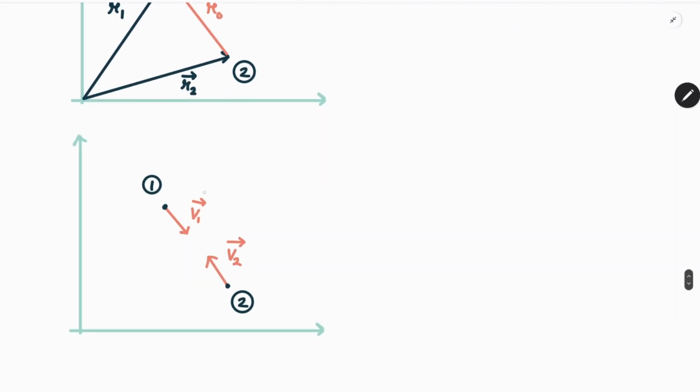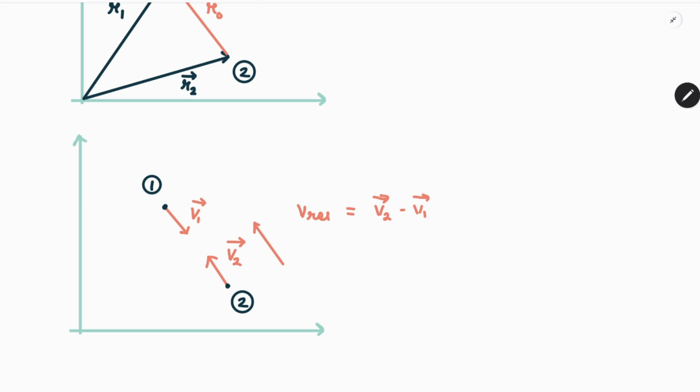Similarly, we can say that the relative velocity of particle 2 with respect to particle 1 will become v2 plus v1 vector. That is, these two vectors will be reverse in direction. Over here it should be v2 vector minus v1 vector. So we will put this vector over here, that the relative velocity can be written as v2 vector minus v1 vector.